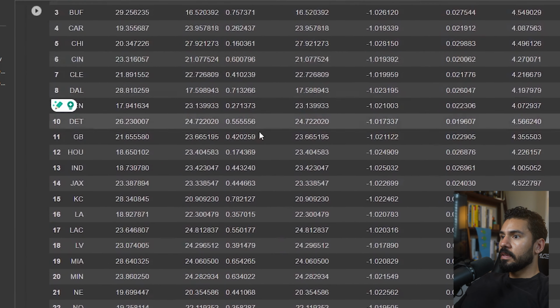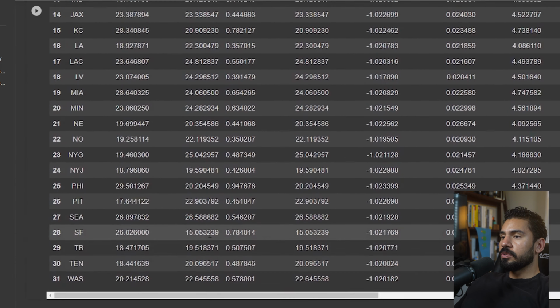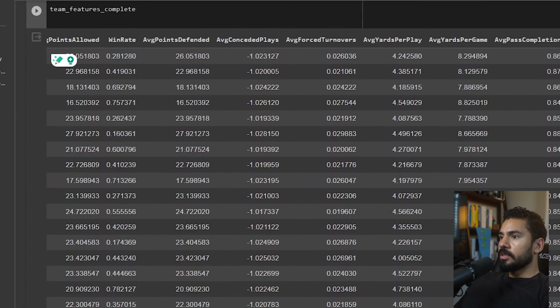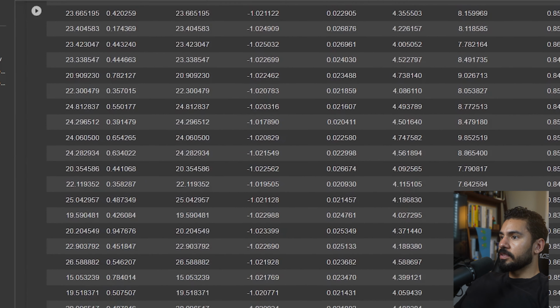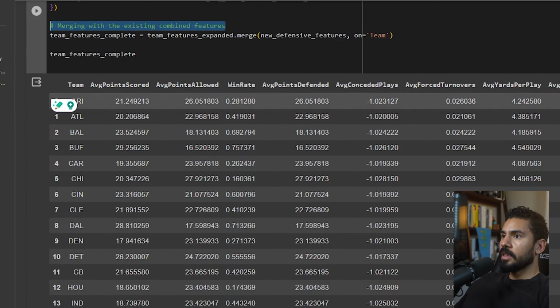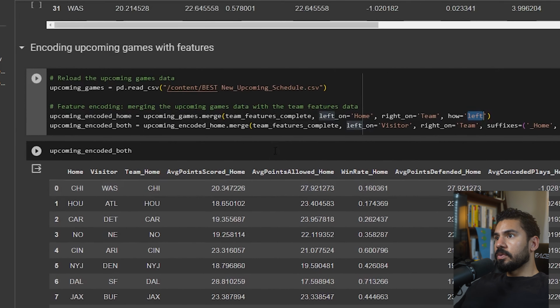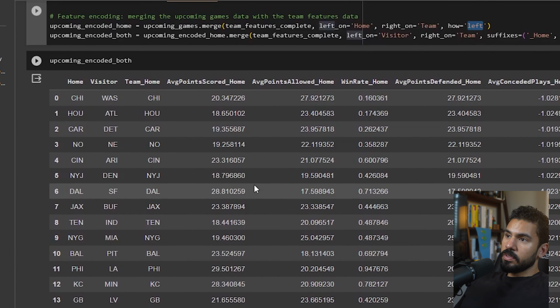This is the whole thing of all 32 teams. And we're going to have all these different features, all this different data on each team. Okay. Then here we're going to encode the upcoming games with features. So essentially what we're doing is we're taking the home team and we're going to grab all of its data, features that we just calculated. We're going to bring it over into our data frame, and then we're going to do the same thing for